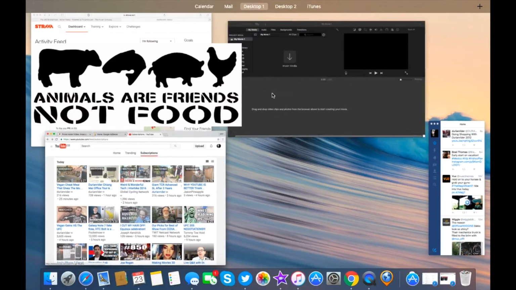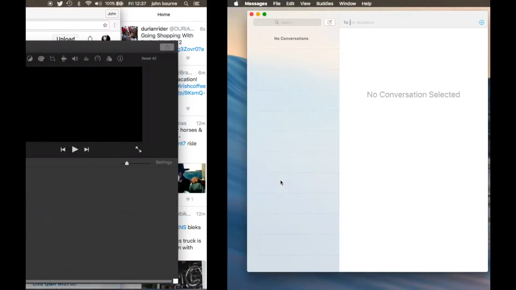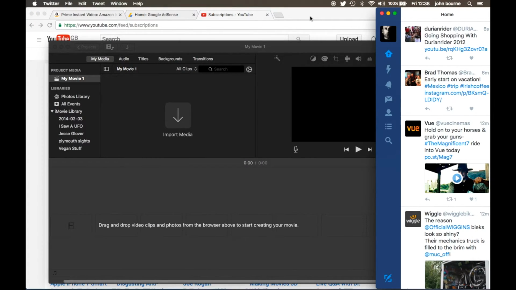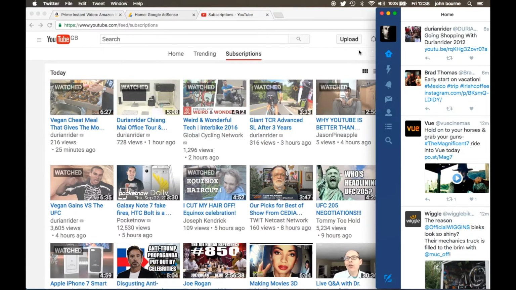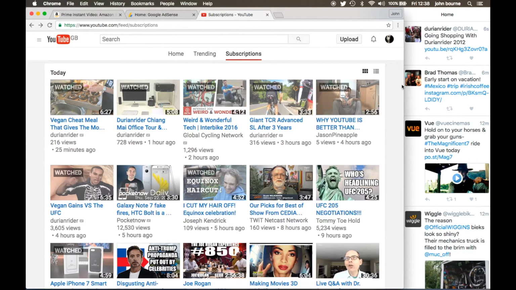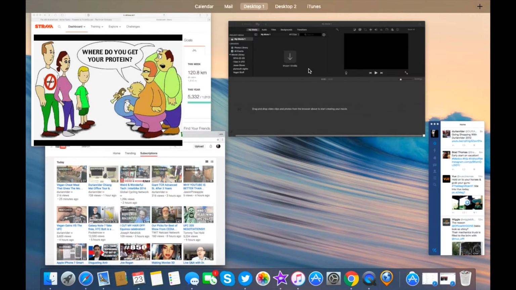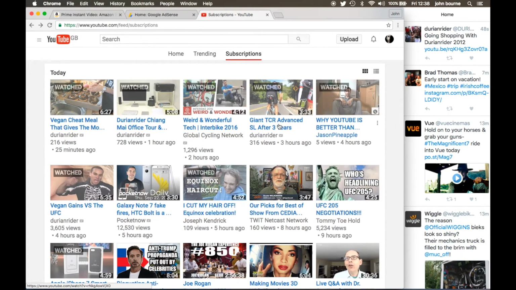Now, as you can see, I've always got Twitter open on the side, hiding the bar across there to maximize the space because I haven't got a big Mac. Like, so obviously it's just a 13-inch screen. If I was running a big 27-inch monitor, I would probably have all of these open on the screen as you can see them now, all on one screen, and I'd be working on something and watching something else all the time. I'm always looking at multiple things at once